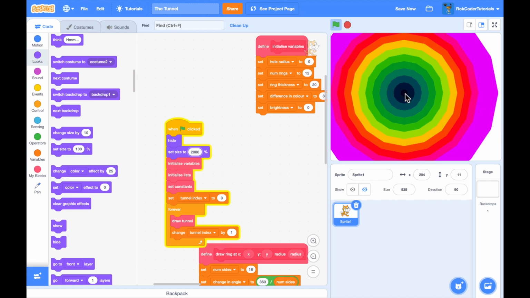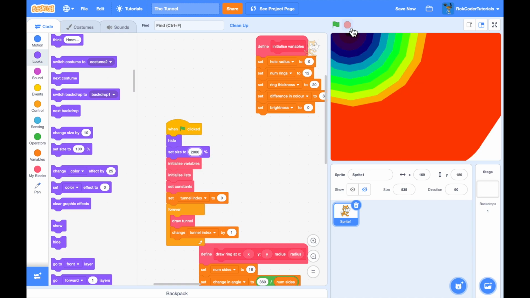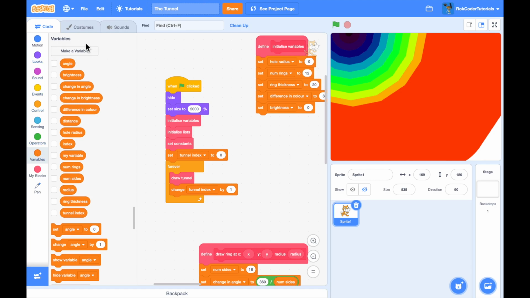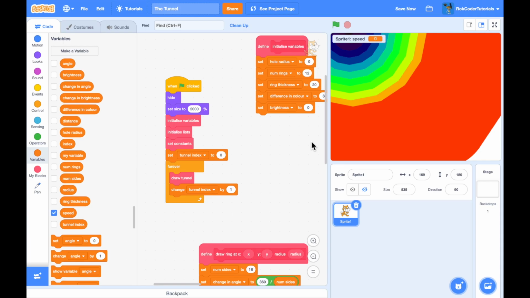Now, what else can we do to make this even better? Well, we can make it so we can change the speed the tunnel's travelling at. At the moment, I'm just saying change tunnel index by 1. But if I change that into a variable, called the variable speed, and initialize that in initialize variables,